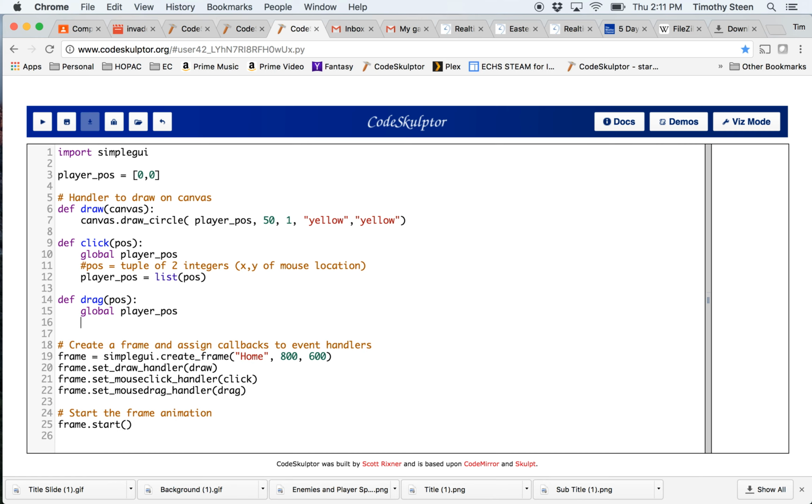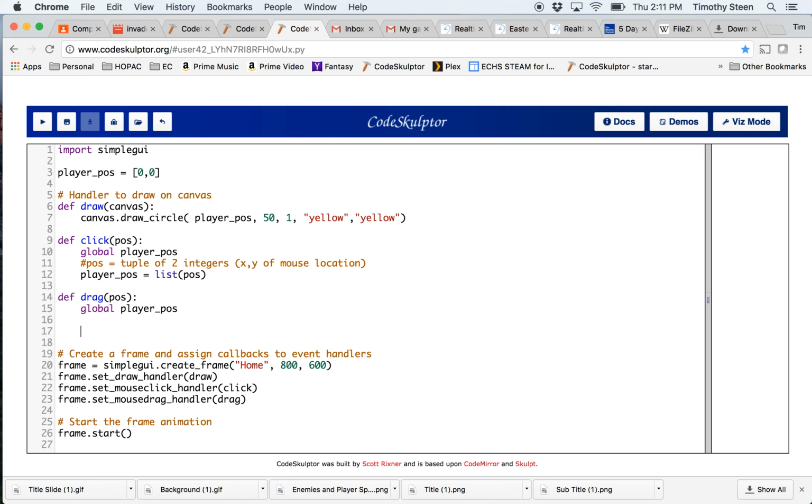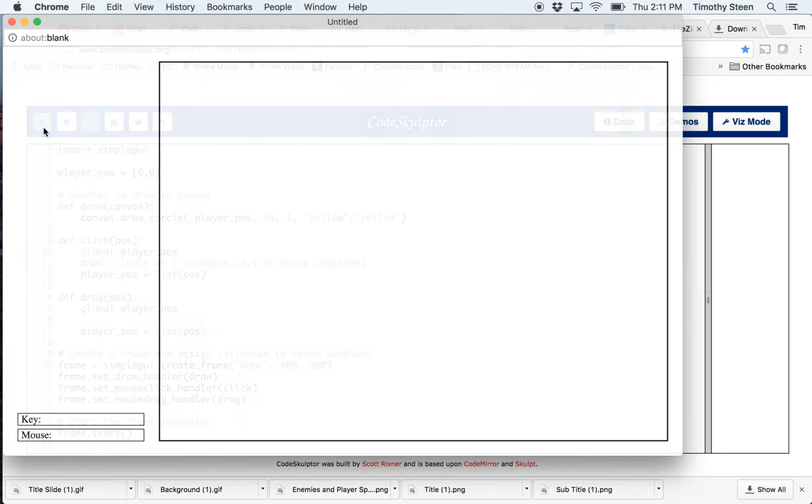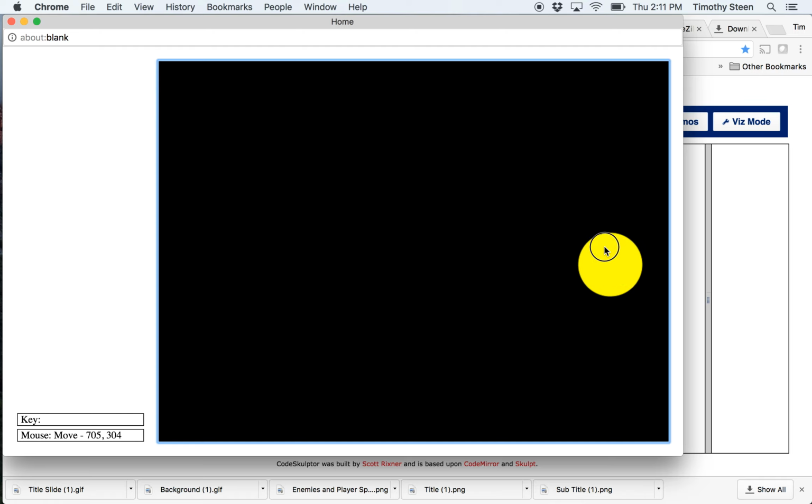So again, we're going to need the global position. And so you might just want to say, well, if you're dragging, then the player position should also equal the list of position. Is it really that easy? So if I'm here, and sure enough, it's working because I'm dragging and it's following me, but I kind of do this weird thing where I can click and then drag and it will teleport to where I am, which is a problem if you had multiple objects on the screen,